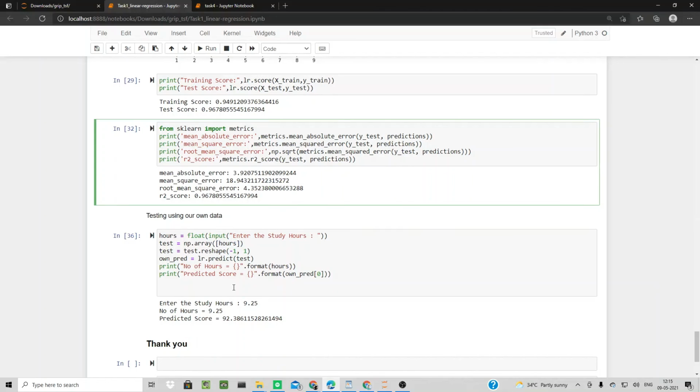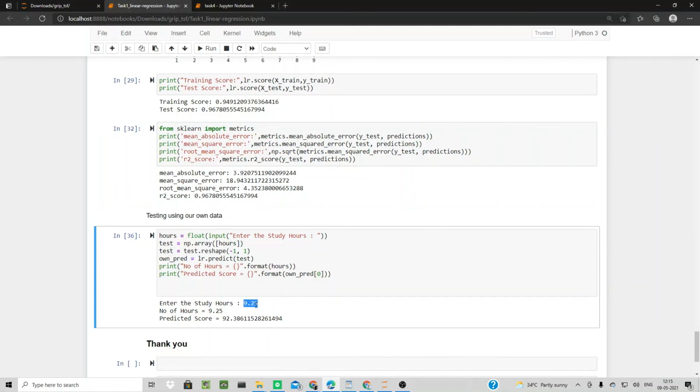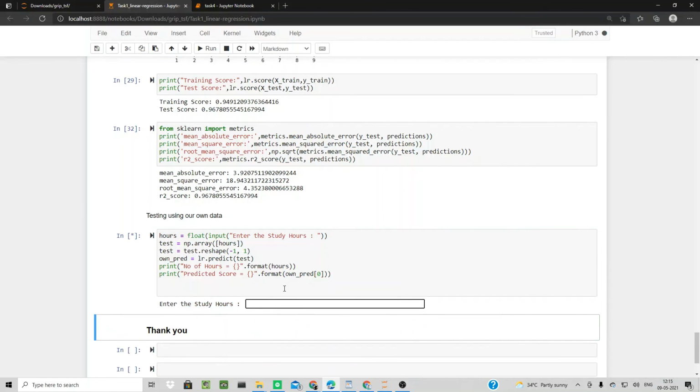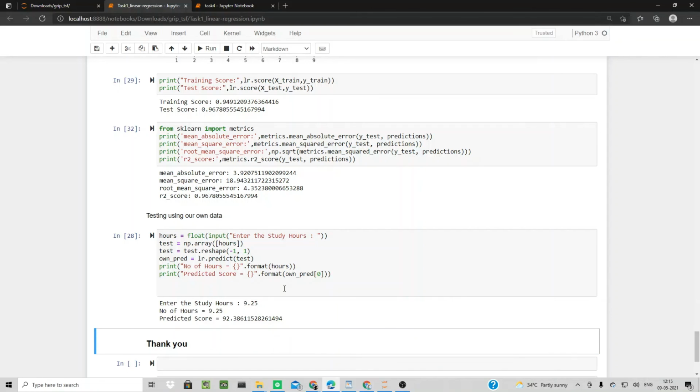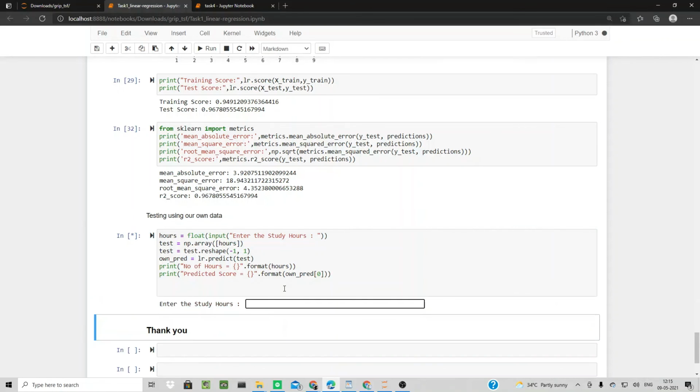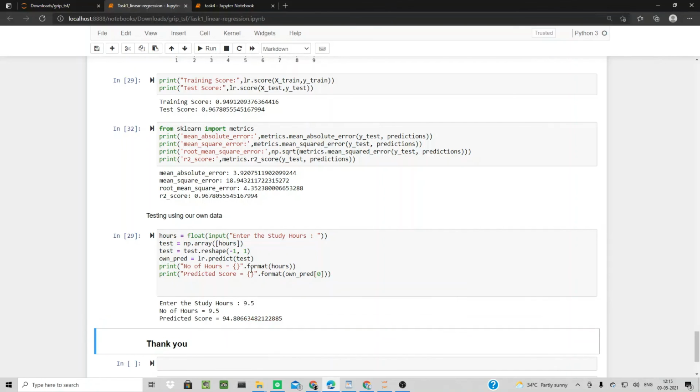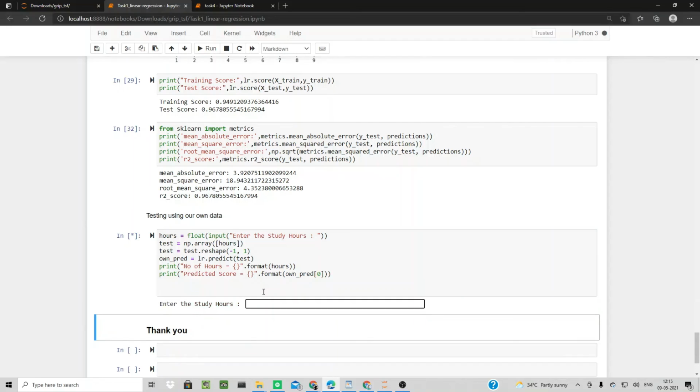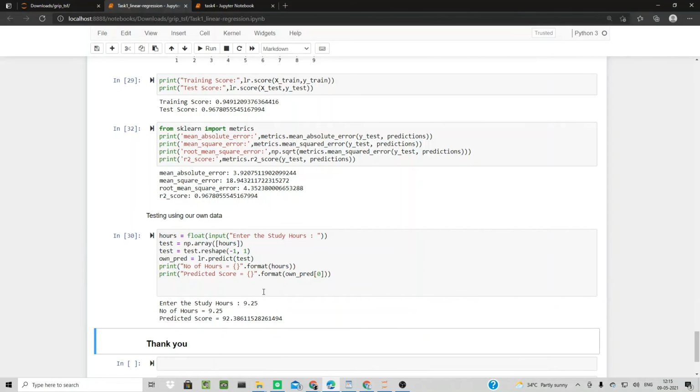So now I'm going to test my data set. I used a random number of hours to get the predicted score. I used 9.25 and I got 92.3. You could see here I have used 9.25, and you could see the value in float.